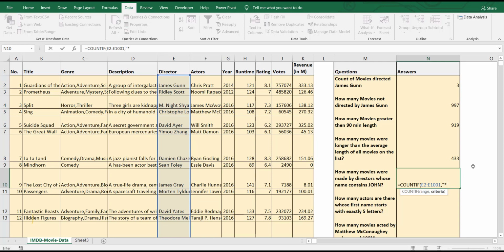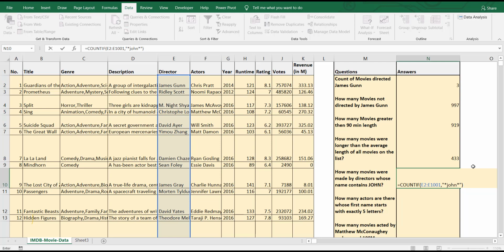The wildcard asterisk means any number of characters. I don't bother how many characters are before John or after John. So just put an asterisk, say John, and put one more asterisk and double quote, and close the brackets.